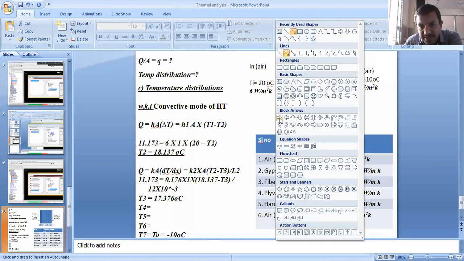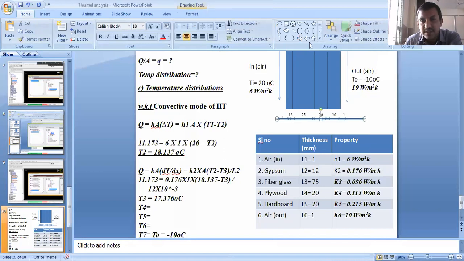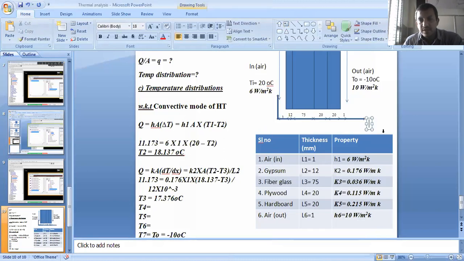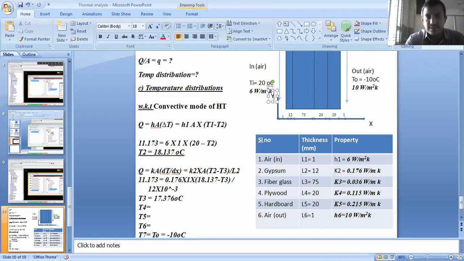First, pick the axis here. Take this as the x-axis, and vertical is the y-axis. Now, how many nodes are required? The first node is at the origin, node number 1.